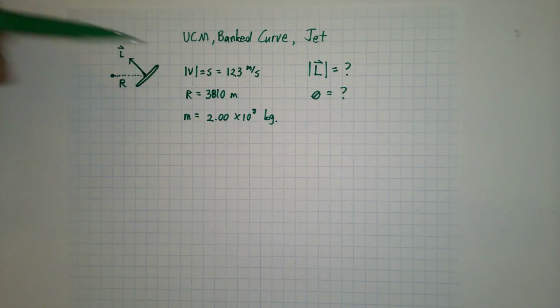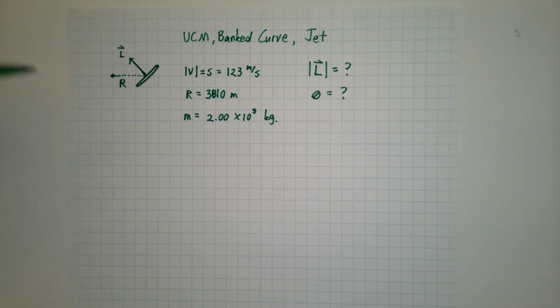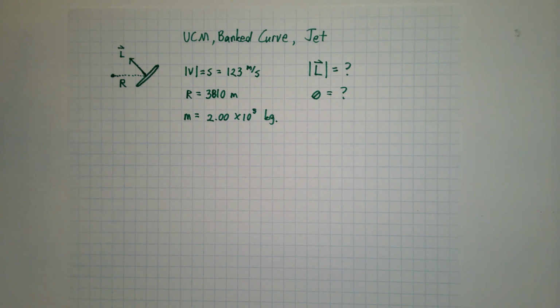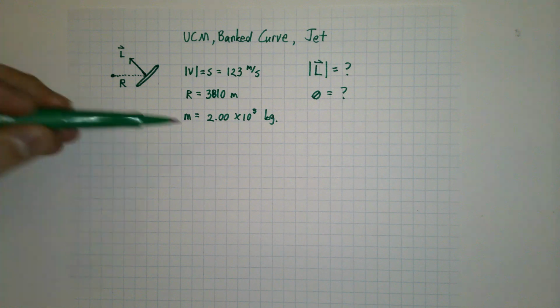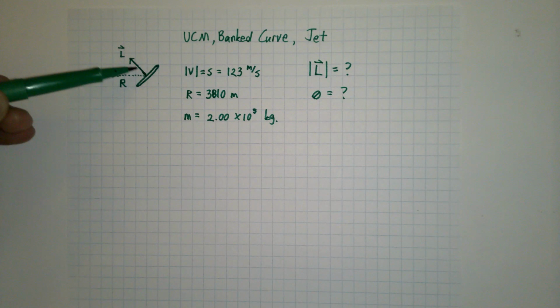We know the speed of the aircraft. It's 123 meters per second. That's the speed of our aircraft that's traveling in this circle, in other words, the magnitude of the velocity. We also know the radius of the circle as it banks. That's 3,800 kilograms. The question is, of this lift force